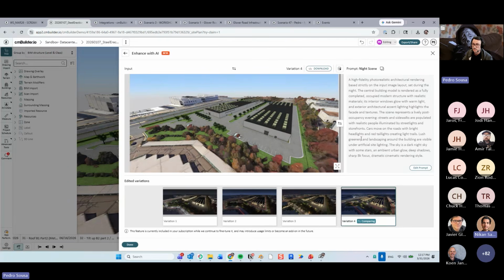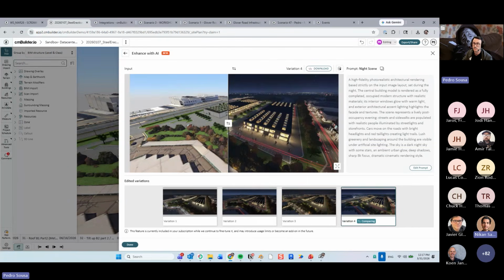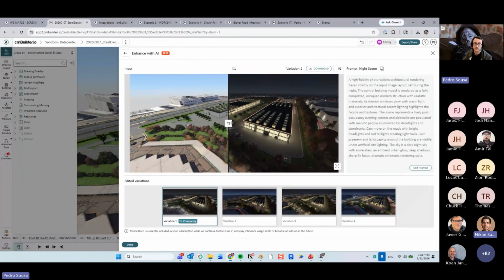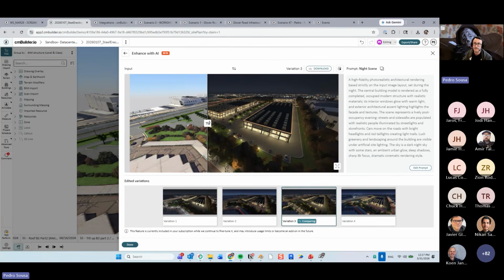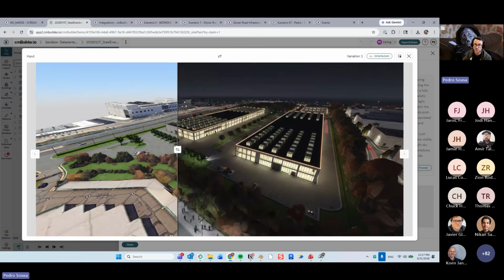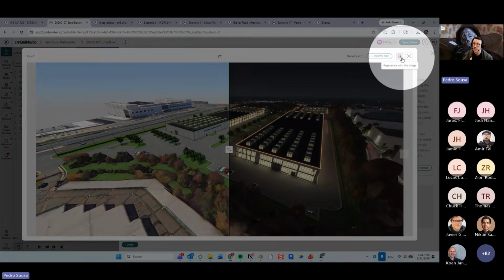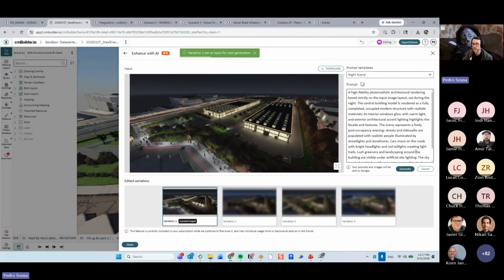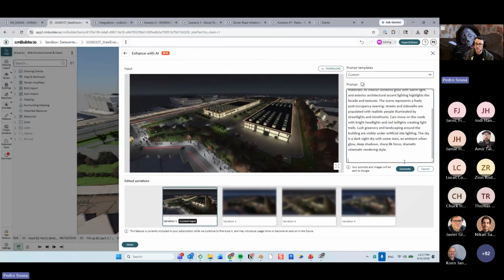Cool. And again, the iterative approach comes into play here as well. This is a data center example. It may not have windows where it's showing windows, right? So you want to modify the prompt to say, don't add windows, for example. Exactly. And then you can use one of these images as a prompt for the next one. So for example, if I like this one the best, I can click on this button over here and say regenerate with this image, right? And then I can go in here and say, do not add windows to the facade of the building,